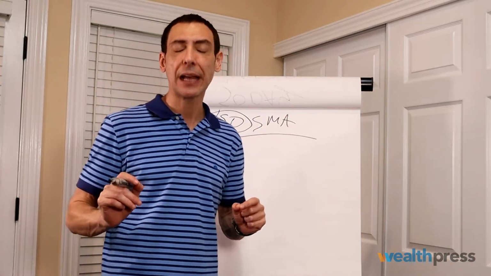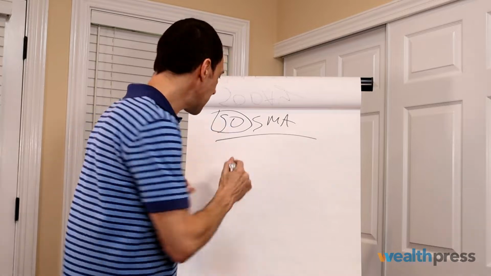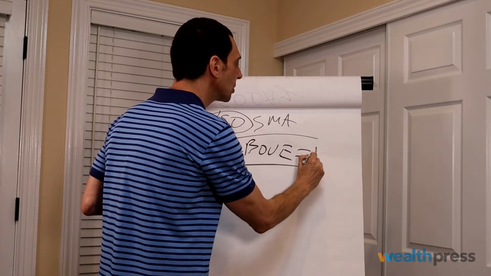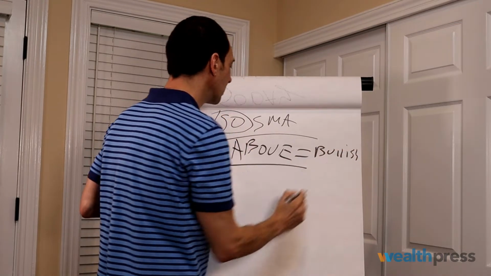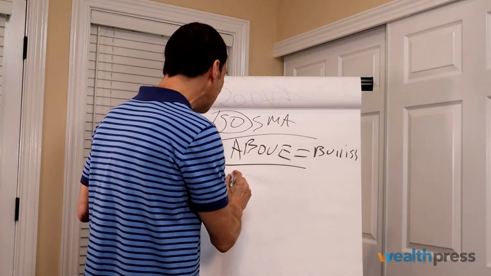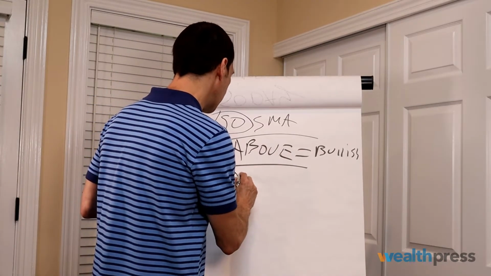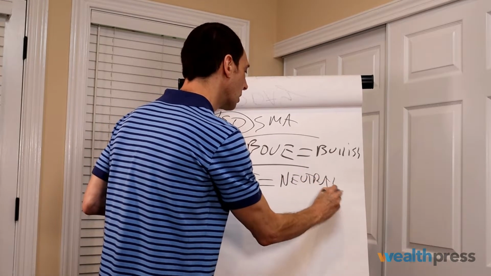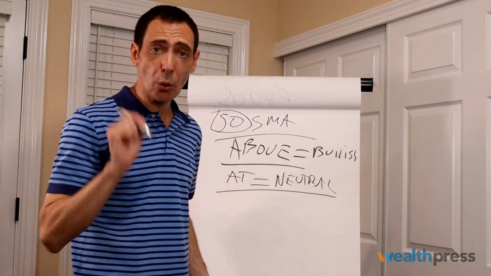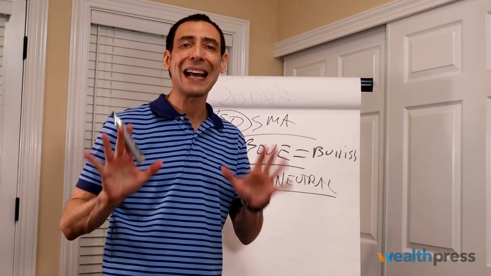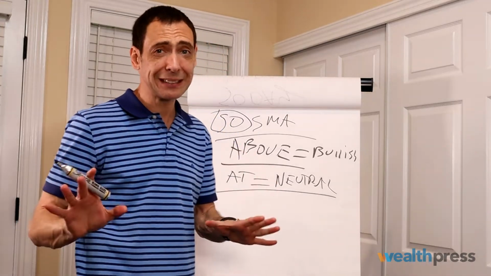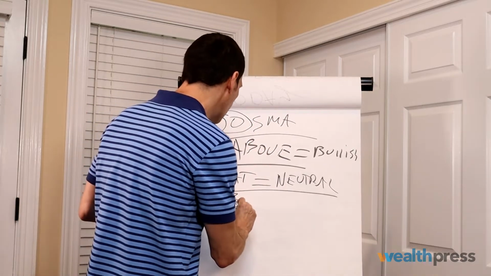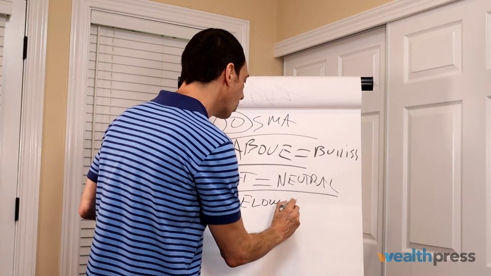It's a thermometer. If the S&P is trading above the 50-day, that equals bullish. The market is bullish. Let's say the market's trading at the 50-day. That equals neutral. And let's say the market's trading below the 50-day. When I say the market, I'm talking about the S&P 500. I'm not talking about the Dow. I'm talking about the S&P 500 because it's a broader market. So below equals